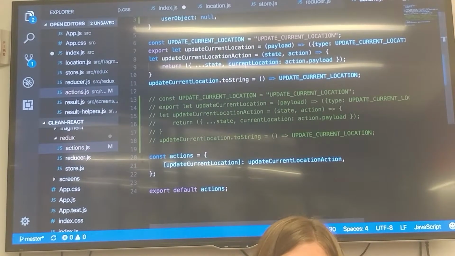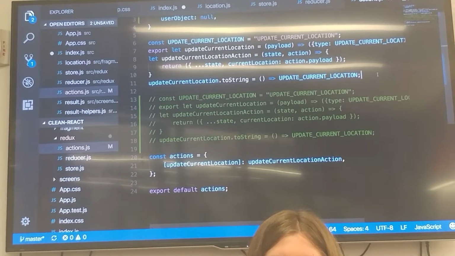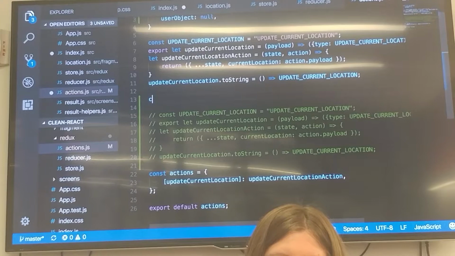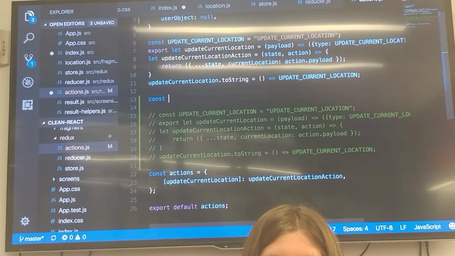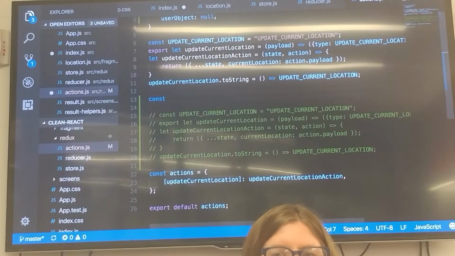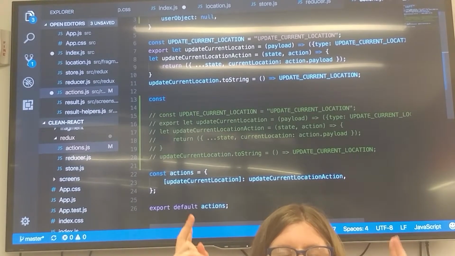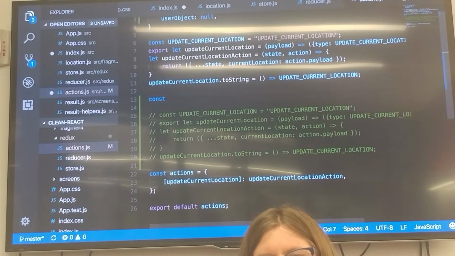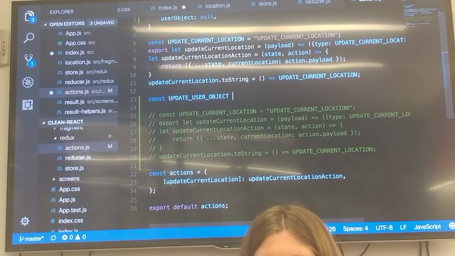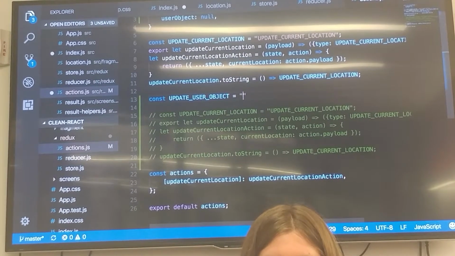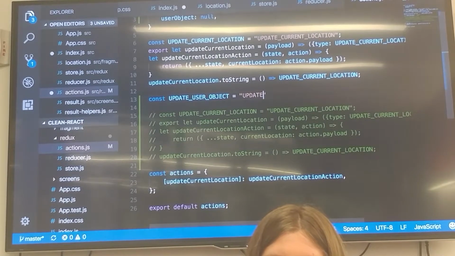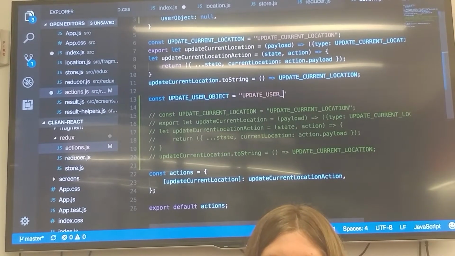All right, so I'm now going to show what this would look like if we were updating a user object. So we have const, not like that, const update, and this would be, I just noticed that a pattern is that these strings that are the type, they don't need to be uppercase, but this is kind of a standard pattern that I see whenever you're talking about the type for your reducer. It's an uppercase and then use underscores. So update user object, and let's say it's exactly what the variable says, update user object,